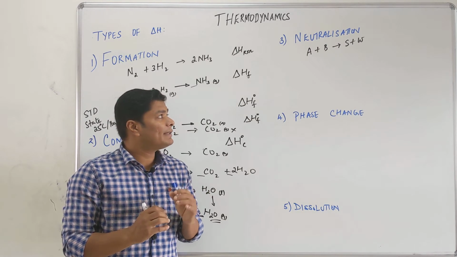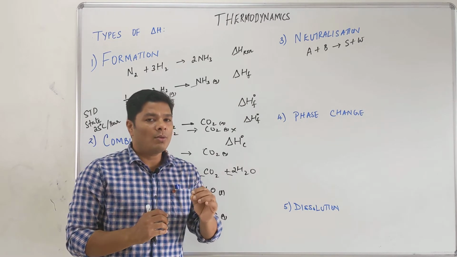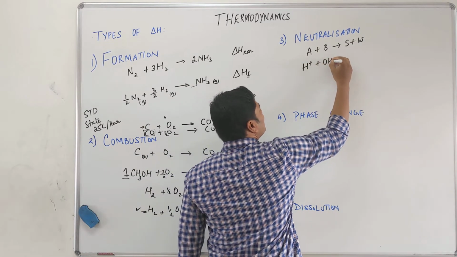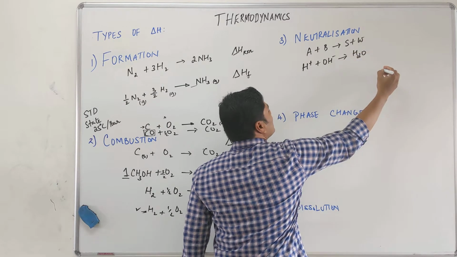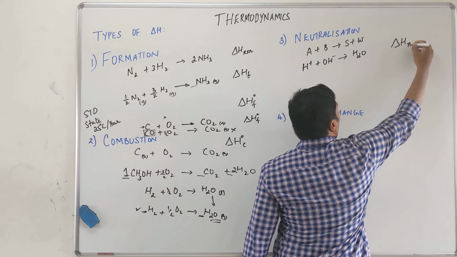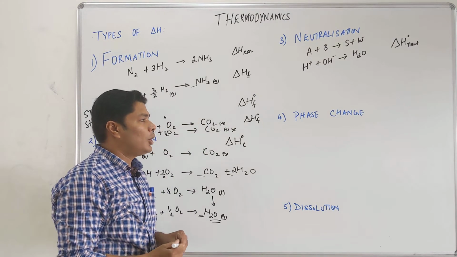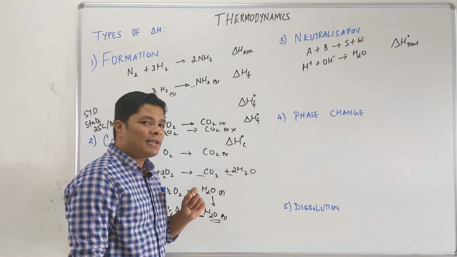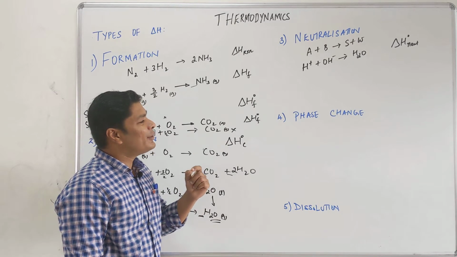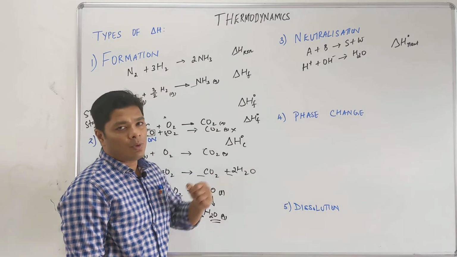So the best way to say it is the amount of energy change when 1 mole of H plus reacts with 1 mole of OH minus. An acid gives you H plus, base gives you OH minus to give you water. This is del H neutralization. And if you use the standard condition, that is del H naught. I put NEUT, I don't put N because n stands for moles. So H plus plus OH minus. So in general, the basic neutralization reaction is nothing but H plus plus OH minus gives you water, or formation of water molecule.